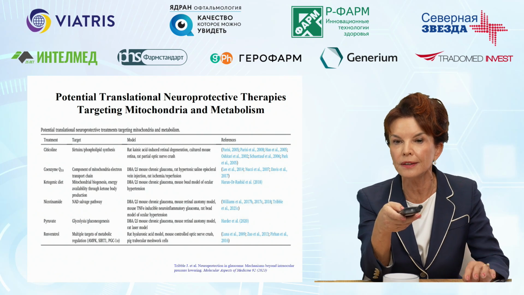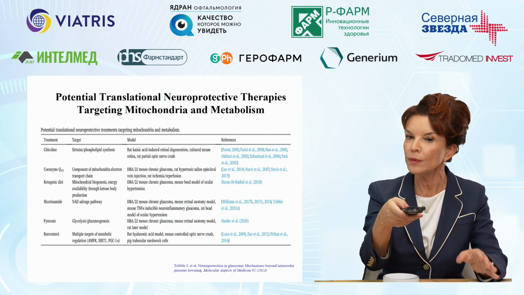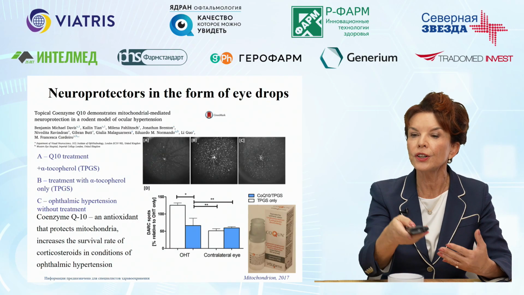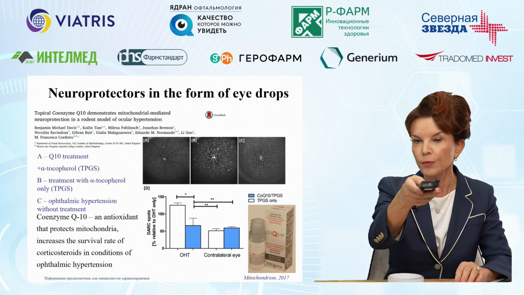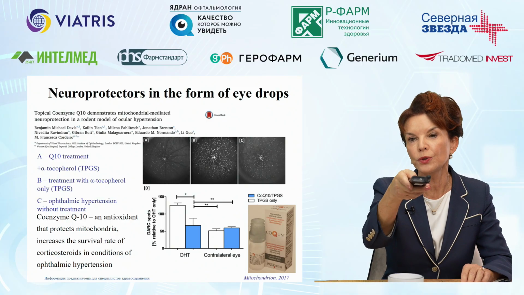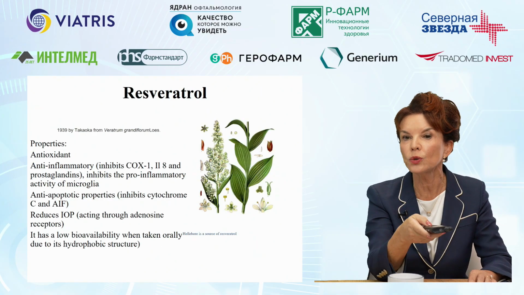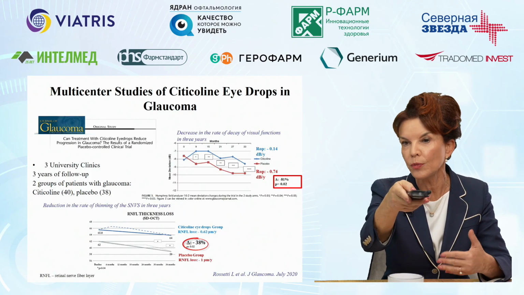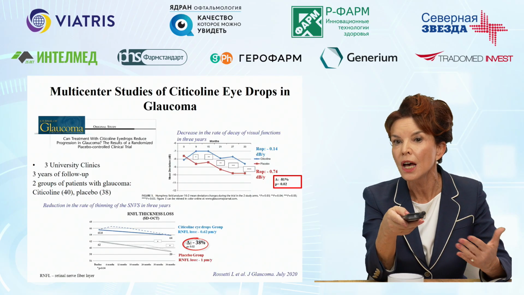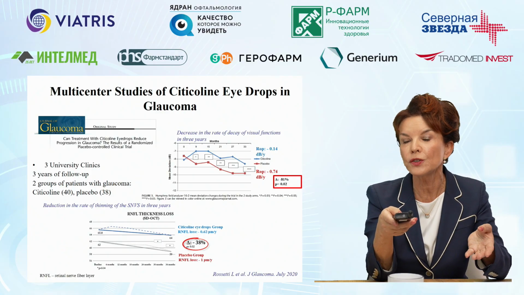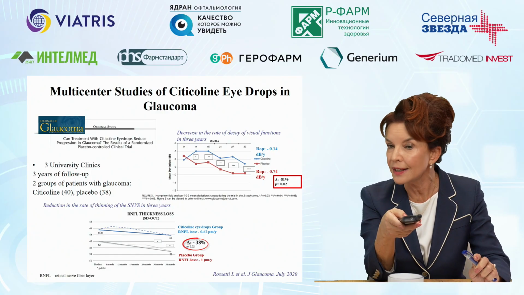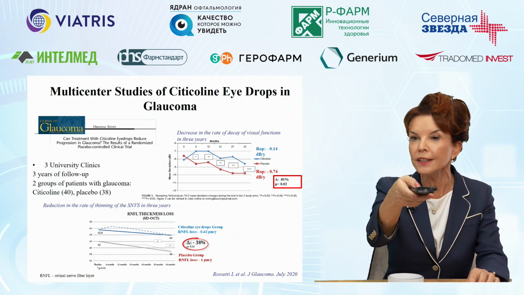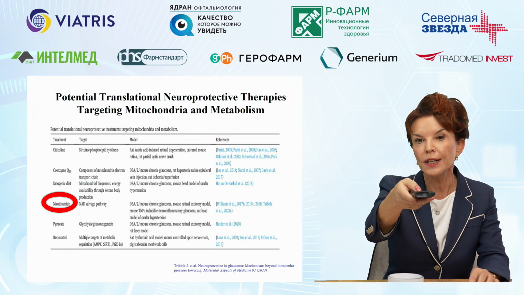In principle, you know all of them. You can see coenzyme Q10, ketogenic diet, nicotinamide, resveratrol. Even drops containing coenzyme Q10 are on the market. They were developed in Italy. Resveratrol is also used to treat mitochondrial dysfunction. Glaucoma for a long time has been treated by such a drug as